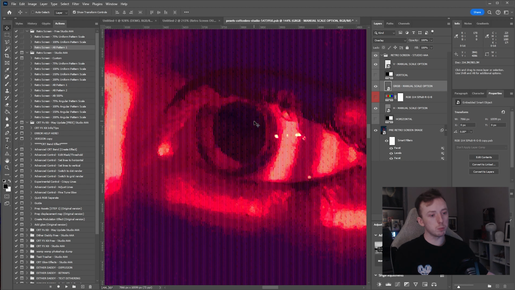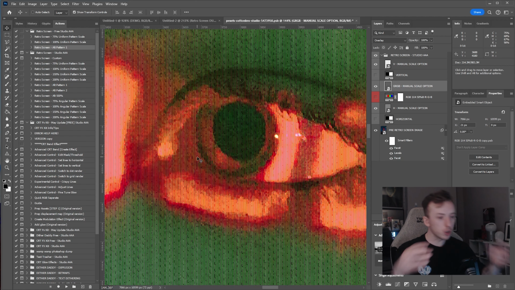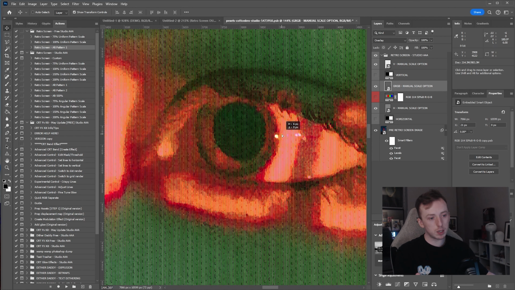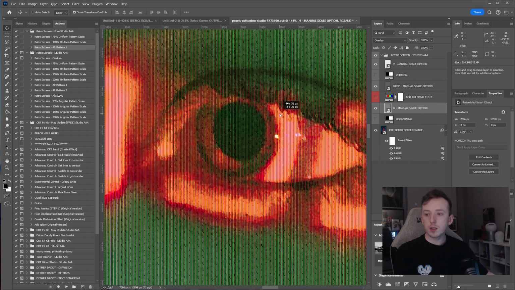Or if you want to just move around this RGB, you can move that and the color will be out of phase. So now it's green, I'll phase it back into purple. Or if we move it down and around, you can see the pattern moving. If we move the vertical option, you can see some of the dots in the pattern are moving around, and the horizontal as well sort of takes the color out of phase, or it will appear to be out of